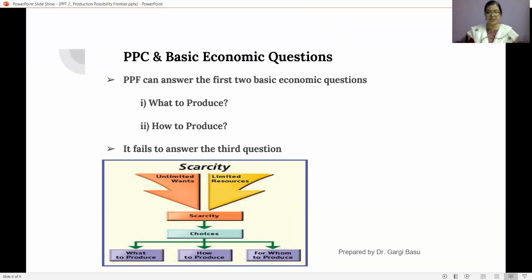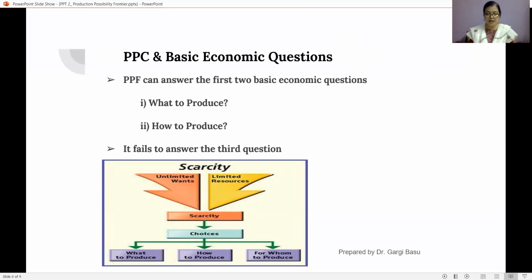Any production combination below or inside the curve AB, which I have already discussed, is attainable, but it represents an inefficient use of resources. And any point like M that lies outside the PPC is an impossible combination, as the nation does not have enough resources to produce those quantities of food and cloth. Thus, the PPC describes what goods and services are to be produced and in what quantities. All points on the PPC describe that society's resources are optimally utilized.